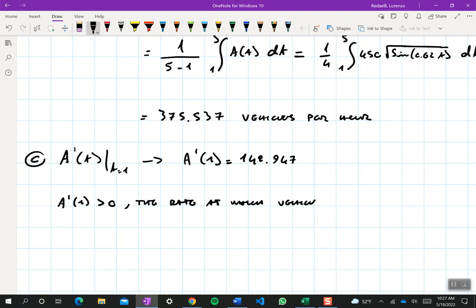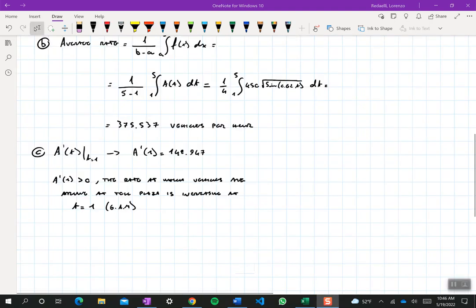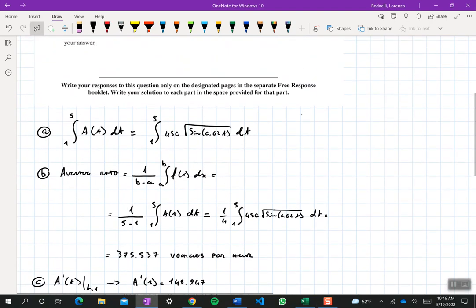So now, since we found that A prime of 1 is greater than 0, the rate at which vehicles are arriving at the toll plaza is increasing at t equals 1, which would be at 6 a.m. So now we can move on to part D,